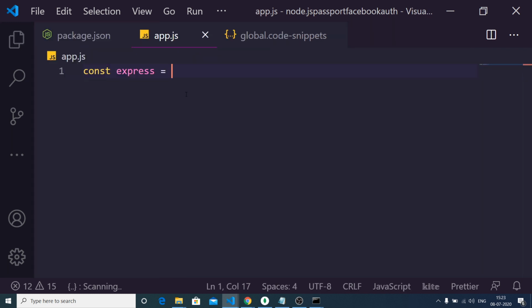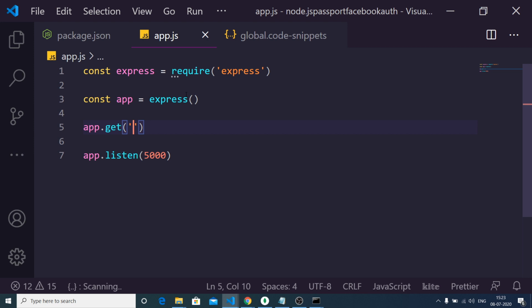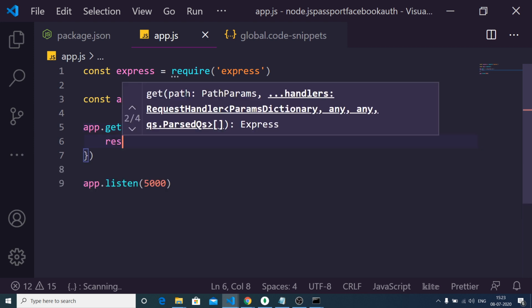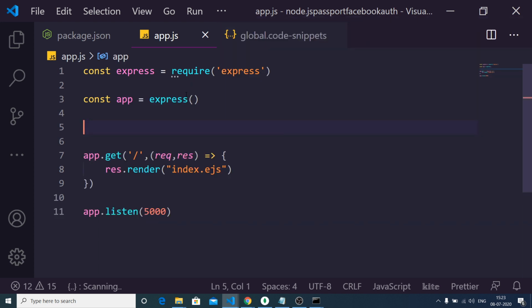import the Express library. So you need to require it. Make a new Express app by this, app.listen 5000, and also when we open the home page we need to load a template. So we will make use of EJS, response.render. Inside this we will have an index.ejs file. So here we will set our template engine by use of the set method.